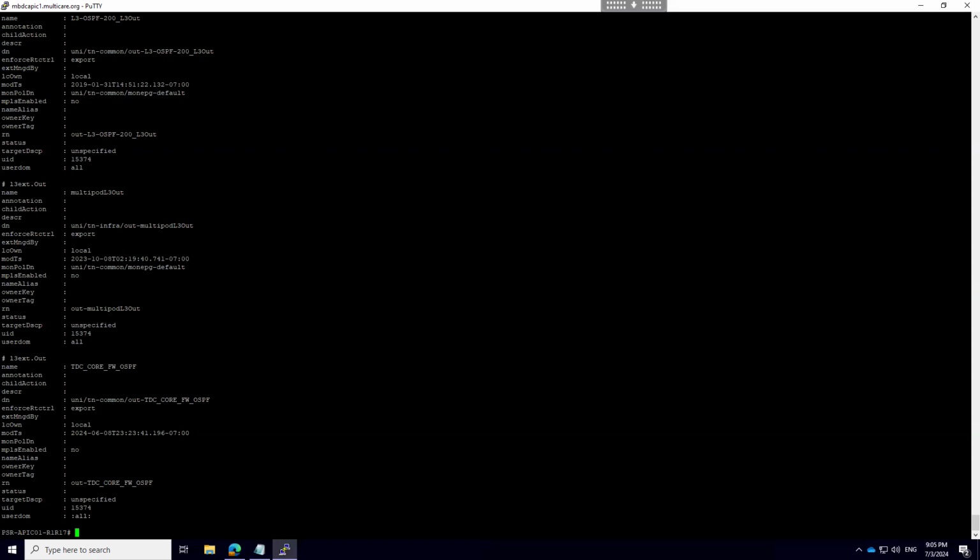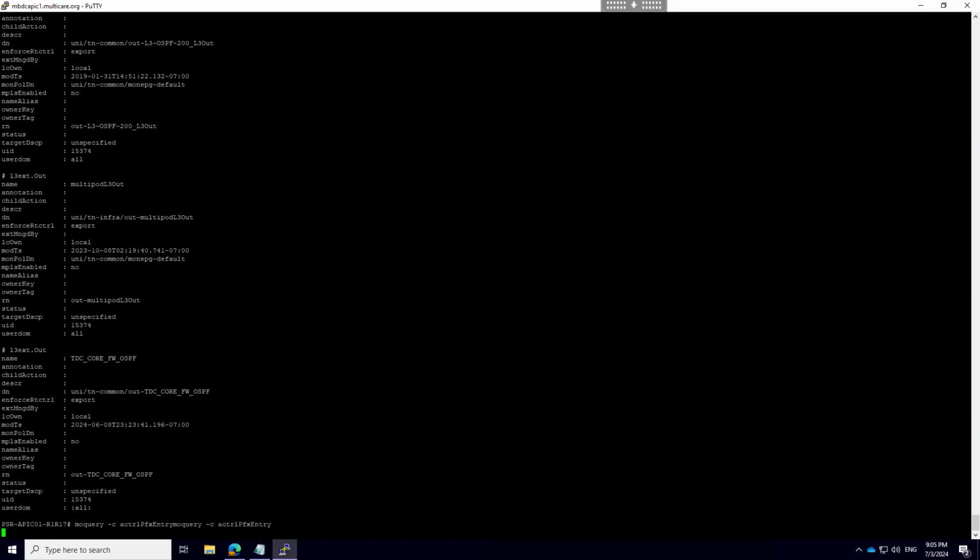That is the important one. Okay. Now, if you want to list out the external EPG of layer 3 out, you can also see how many external layer 3 outs we have. And if you want to list out all the subnets from the leaf CLI, whatever is available on the per-leaf switches,